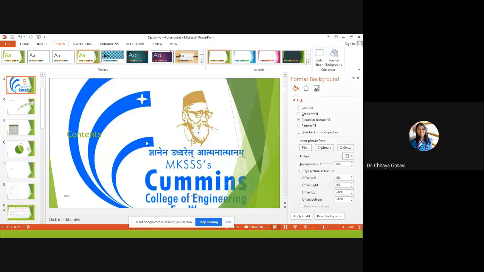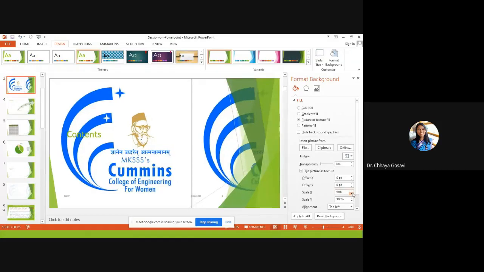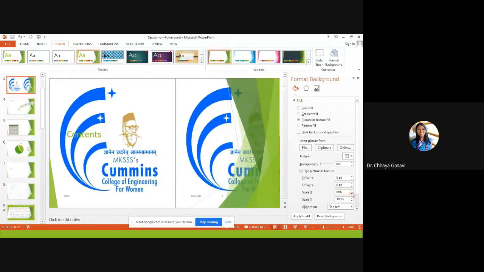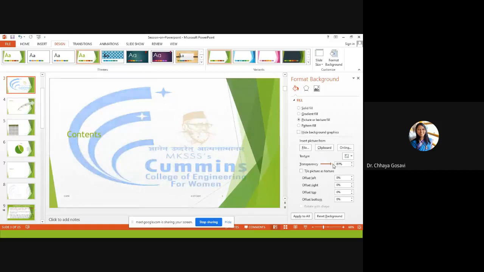So click this picture and check the size. Tile picture as a texture, so it will be tiled as a texture. If you want to scale down, I didn't want to tile this, but I want to scale it down. So you can scale it down and make it transparent. So you can decide the transparency level.